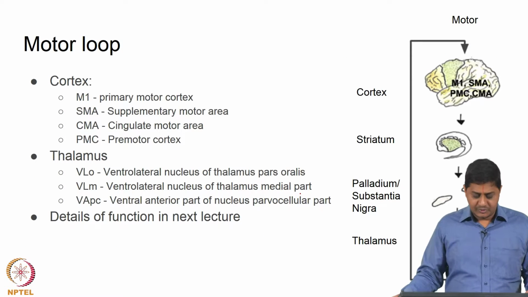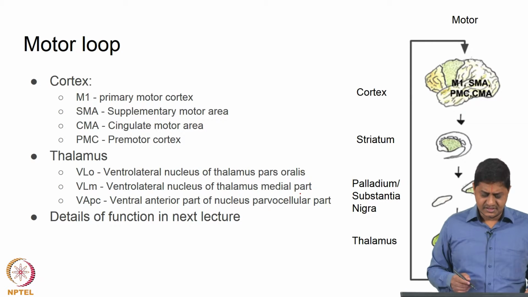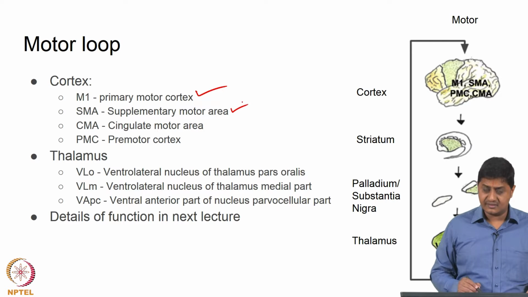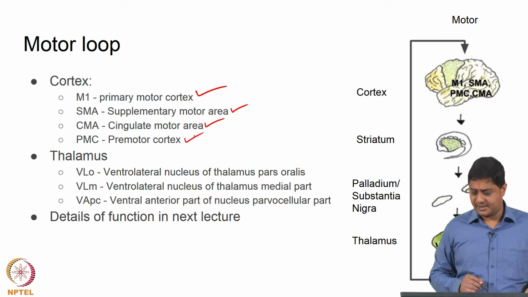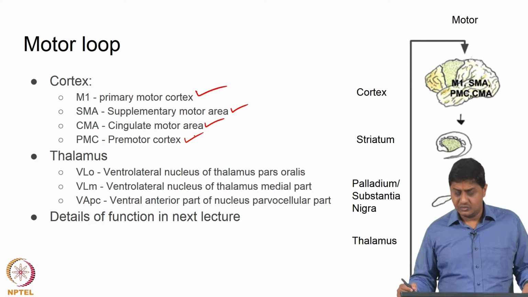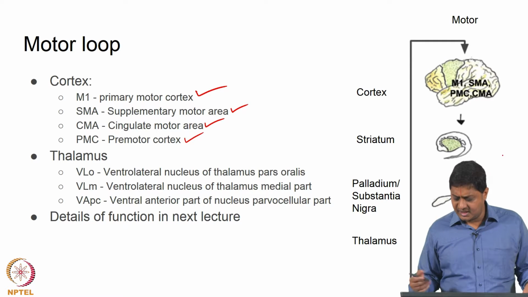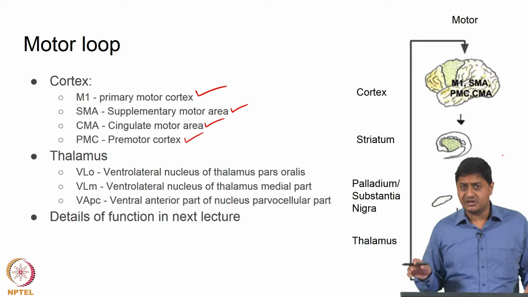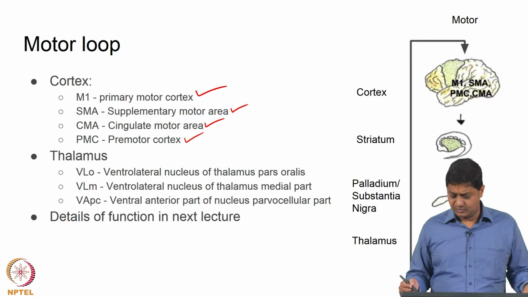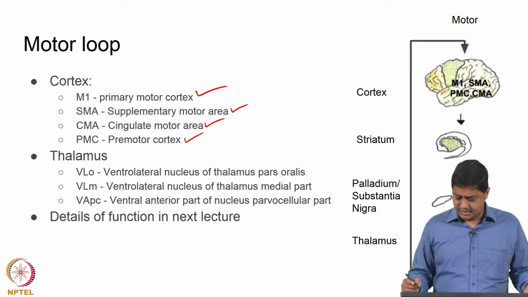Regarding the motor loop, where does this originate? Well, from the motor areas of the cortex, primarily M1, which is the primary motor cortex, and the supplementary motor area, the cingulate motor area, and the premotor area. Within the striatum, much of these outputs are to putamen. Many of the outputs from these cortical areas are to the putamen, and from there to pallidum